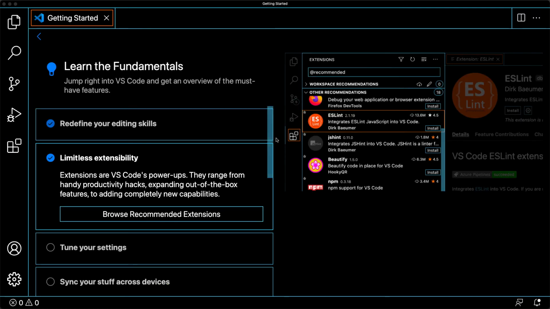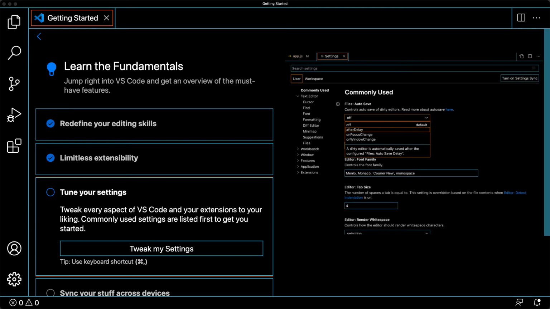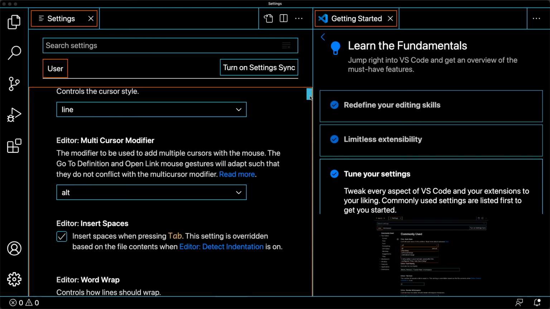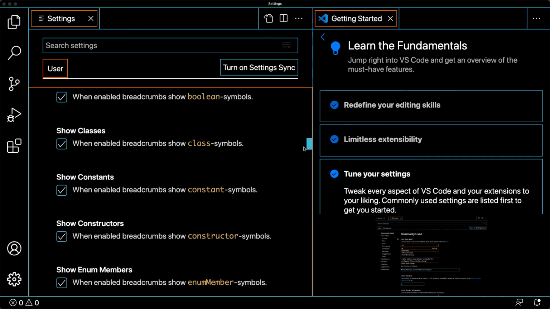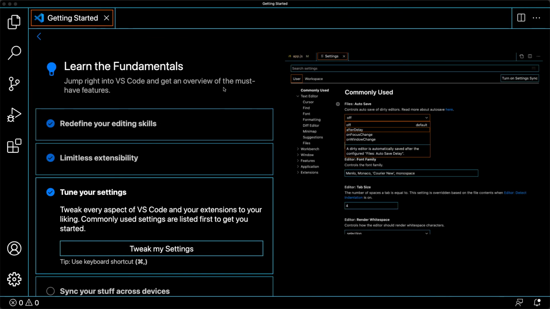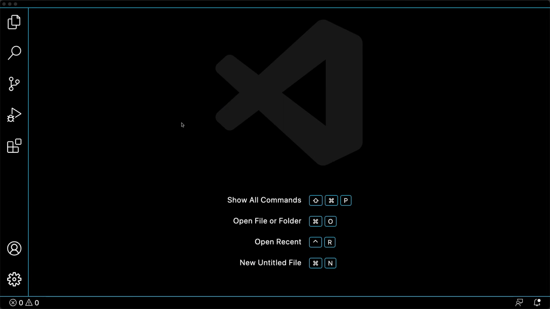So once you've gone through and set up your Visual Studio Code, you can now start creating some files. There's also some more options within the Get Started, so you can tweak your different settings. This is all available within the settings window, where you can set your autosave, the font size, and a number of other visual settings that you can use to really customize the way your editor is behaving. So let's close the Get Started, and we're going to create a